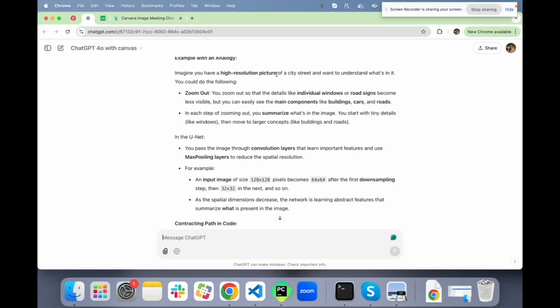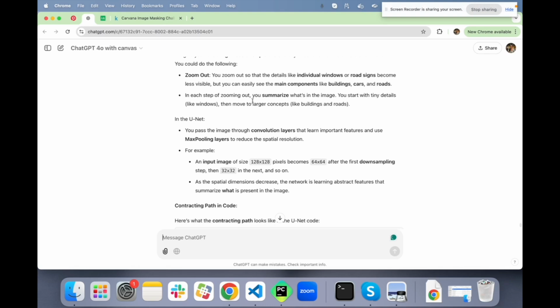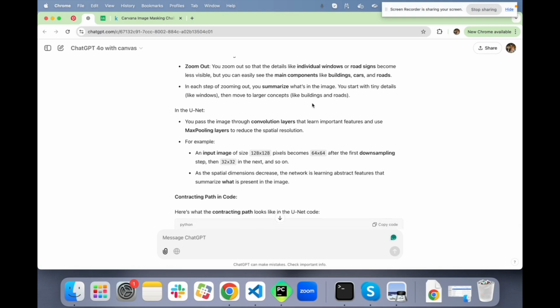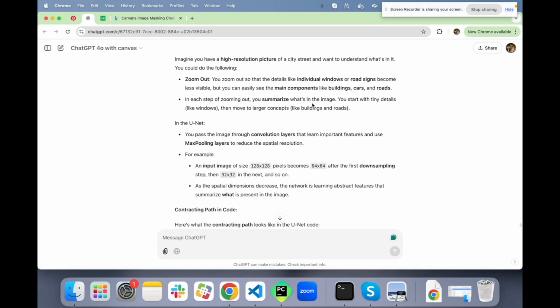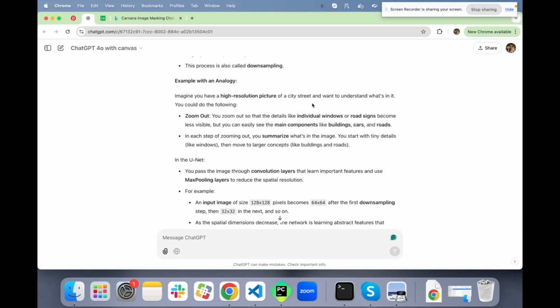Imagine we have a high resolution picture of a city street and want to understand what is in it. You can do the following. In each step of zooming out, you summarize what is in the image. You start with tiny details. Okay, so we are zooming out. When we zoom out, we will see the individual windows of the building and the road signs. They become less visible because we are zooming out of the image. But